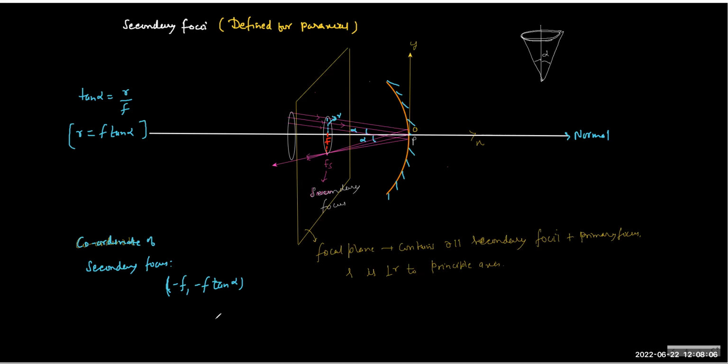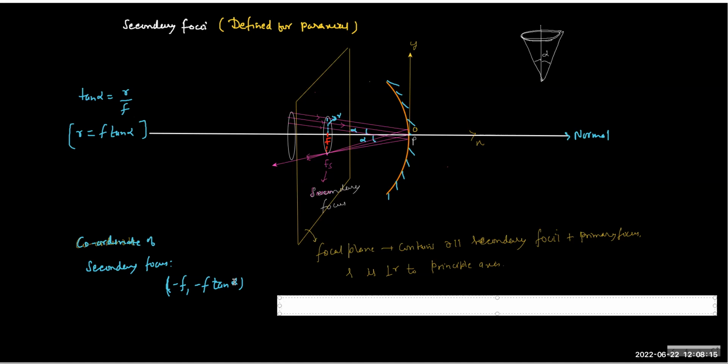Do I need to mention the definition? If you want, I can mention. So you tell me what I should write here. Primary focus is what? A parallel beam coming parallel to the principal axis, converging